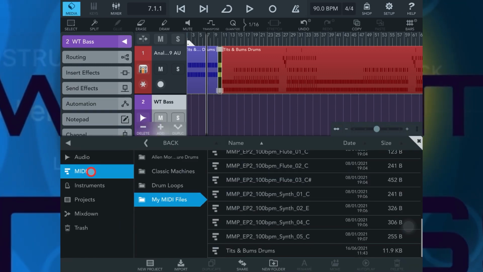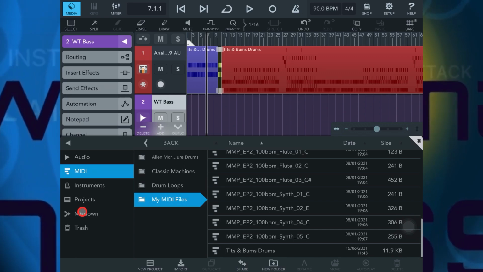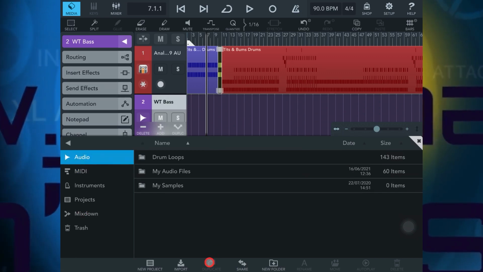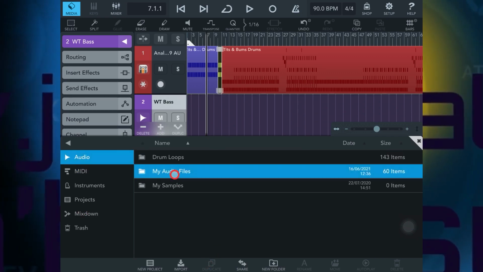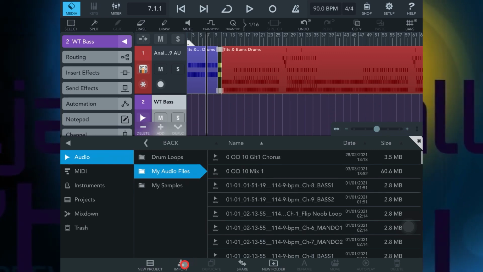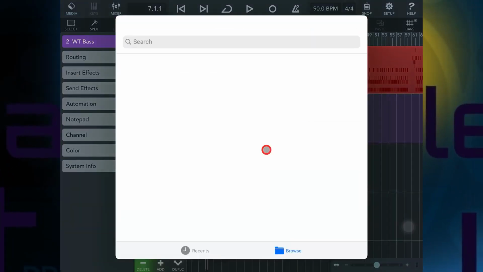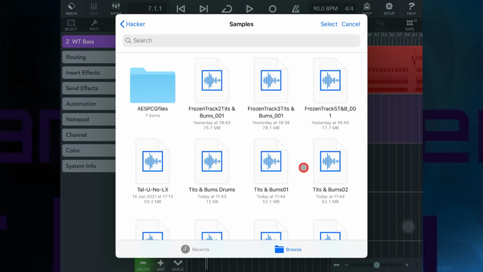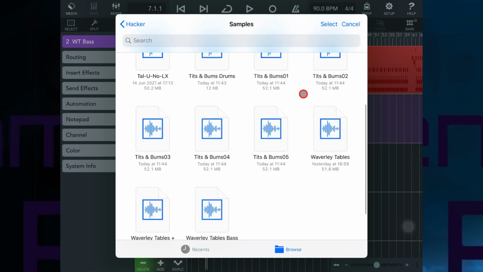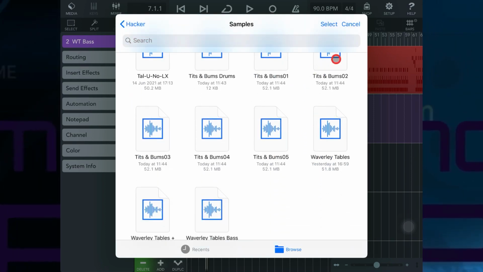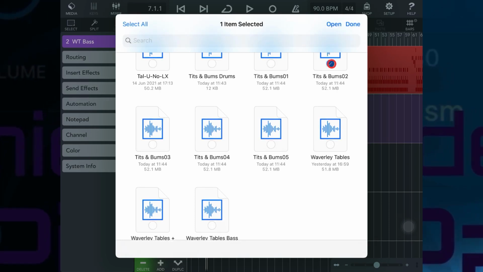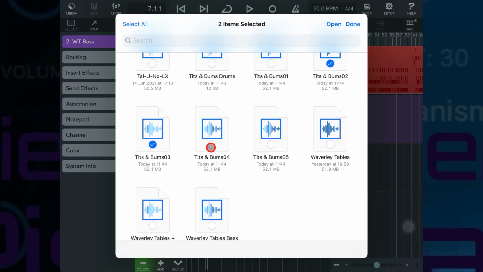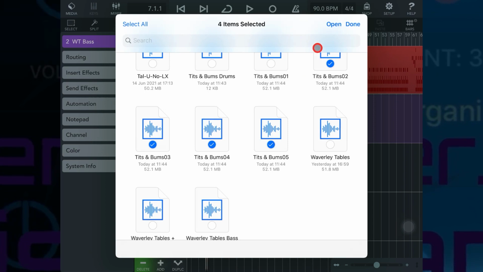So I go here to media and I go to audio and my audio files, and I want to import. Now I go to files from here, and I don't want that one because that's the audio of the drums. Click on select. I want 2, 3, 4 and 5 and open,